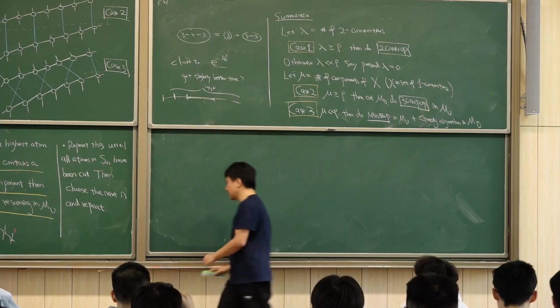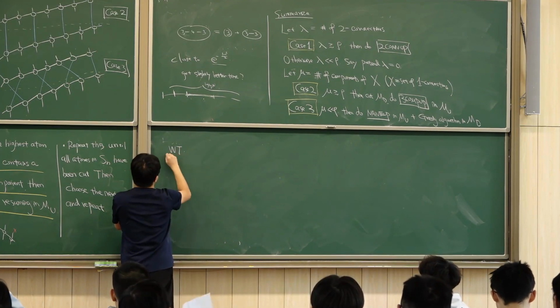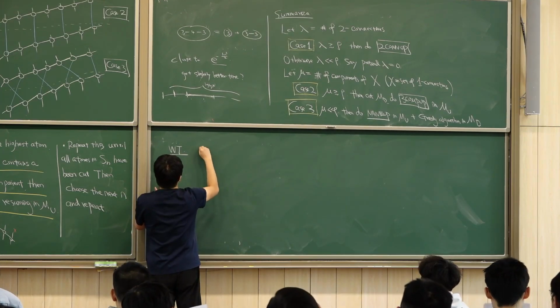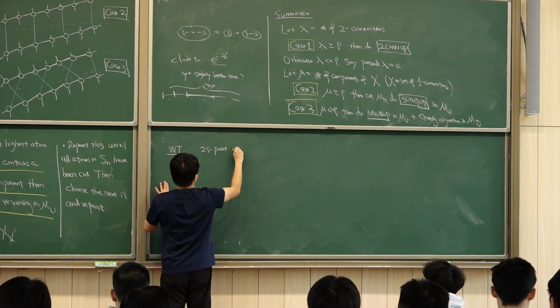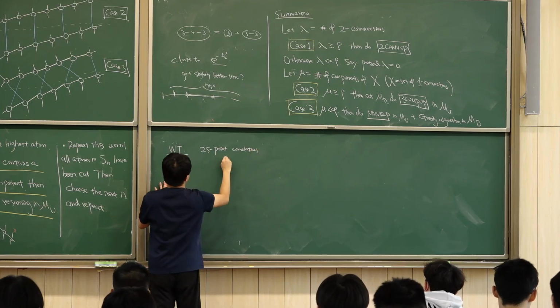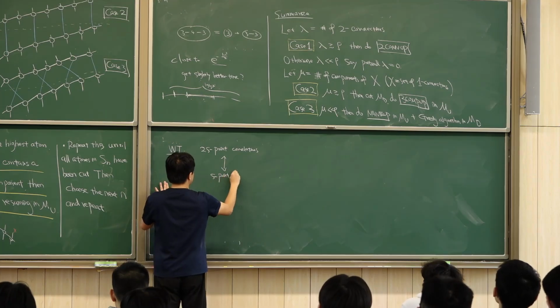So wave turbulence is like the 2s point, because the correlations correspond to the s point densities